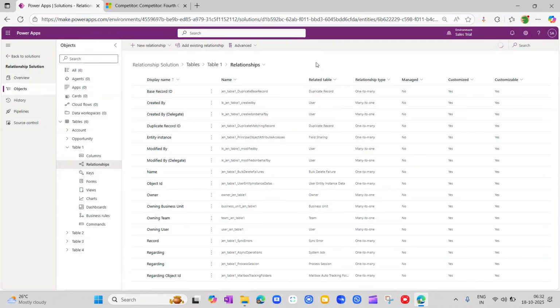I already told you that one-to-many and many-to-one relationships are almost the same, but reversed. From one table, it will be one-to-many, and if we go to the other related table, then it will look like an N-to-one or many-to-one relationship. Now we created this relationship from table 1. If I go to table 2 relationships,